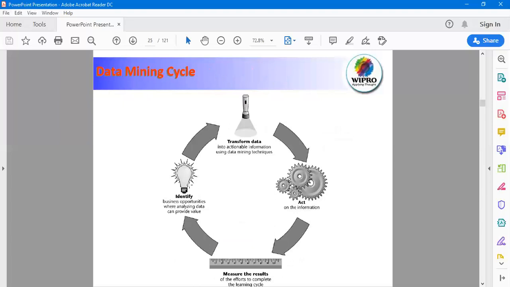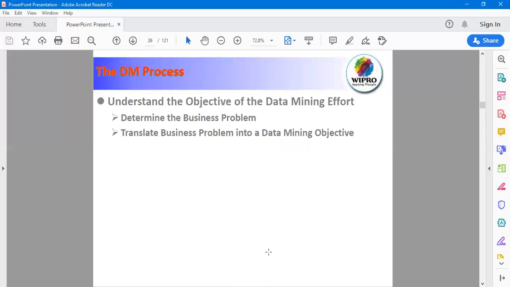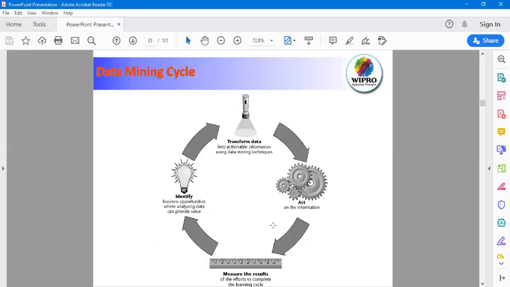So ultimately you identify the data, you transform the data as per your project requirement, then you act on the information by developing your model and running it, and then you measure the results, and hence you complete the life cycle of your project. And in any type of research, obviously this has to go back again. This churning has to be done at least 4 to 5 times. Finally you get a well quality product or an algorithm.